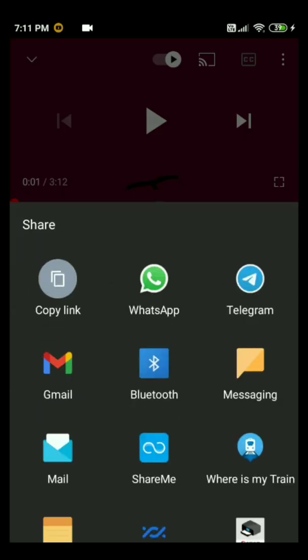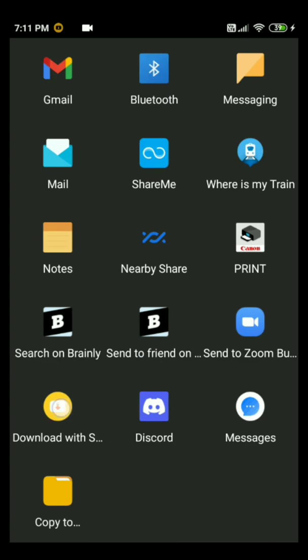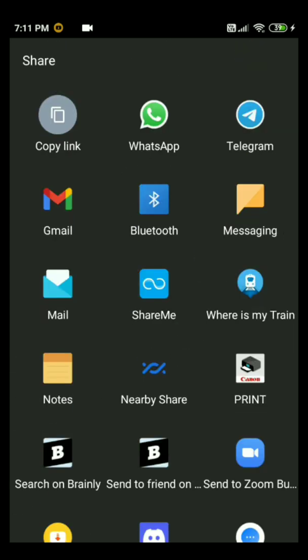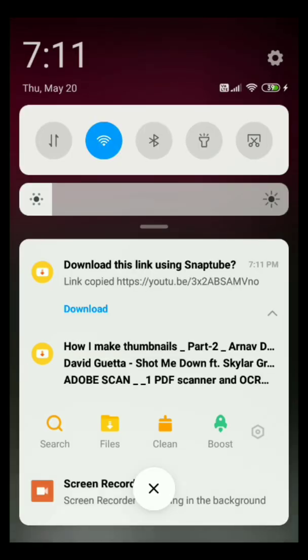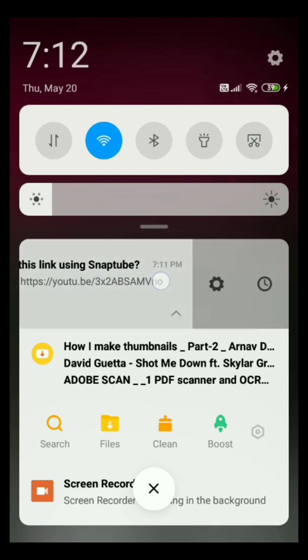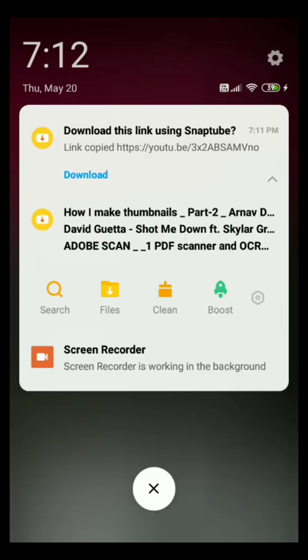See, as I have said, download this link using Snaptube. It will get downloaded. Basically this is a developer's app. It goes to the link, checks whether any media lies in the link, and then records it and sends it to you. This is the working principle behind it.